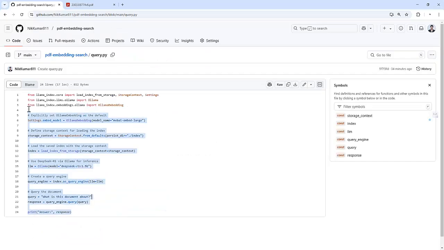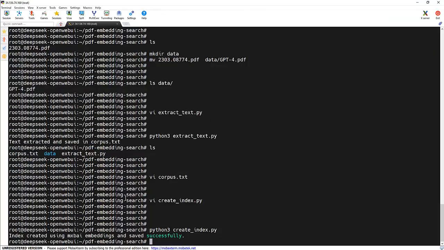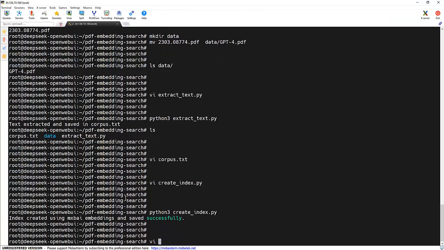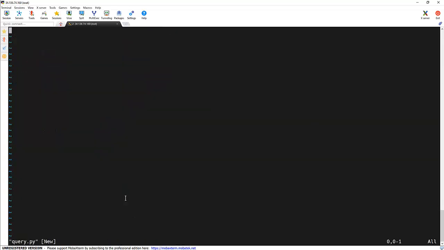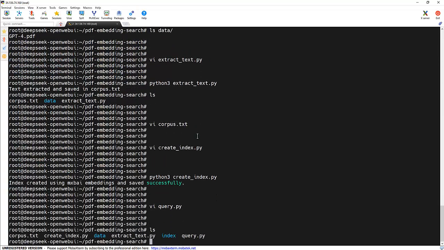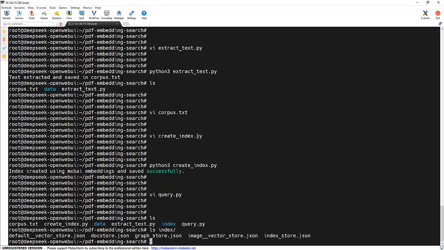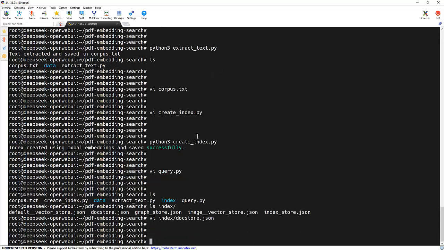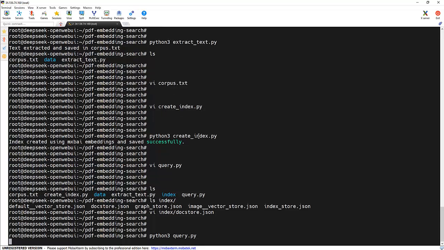So let's copy this code onto the VM, that is query.py, and if we see the index directory, this is our index directory, and we can see the index got created properly. So let's execute our query code to check what this document is about. So it will tell us about that using a DeepSeek model,